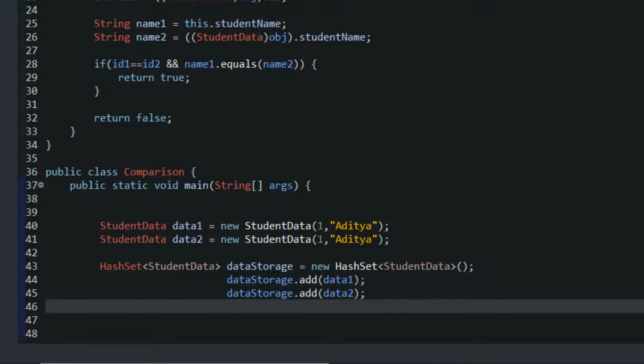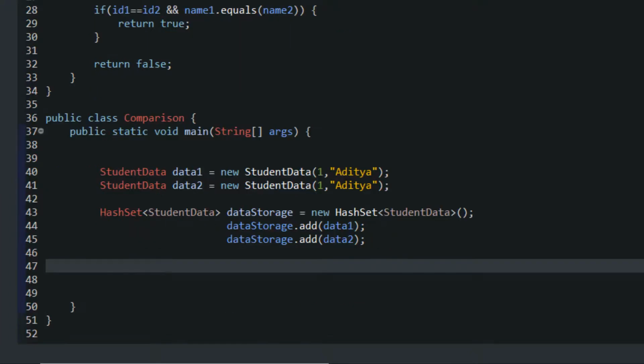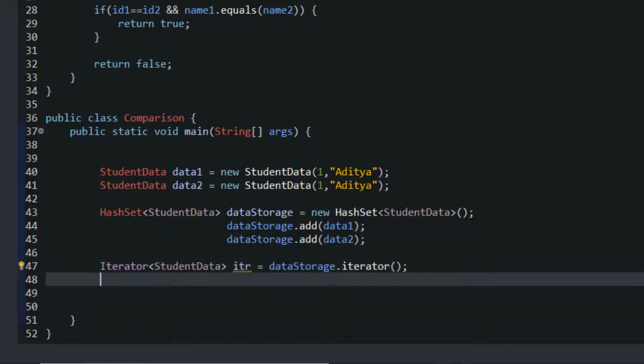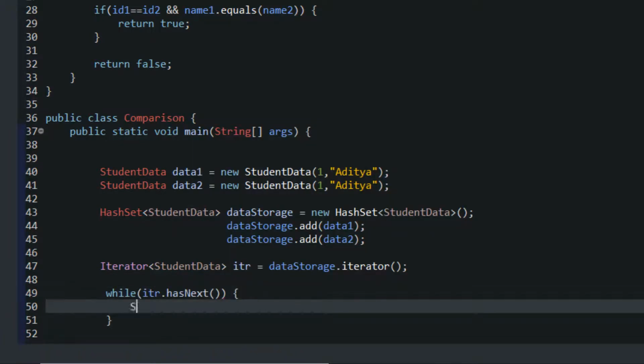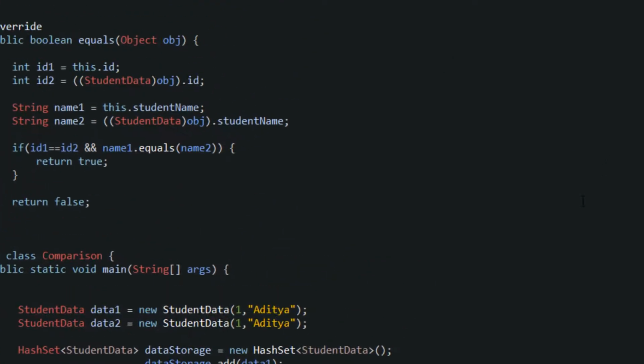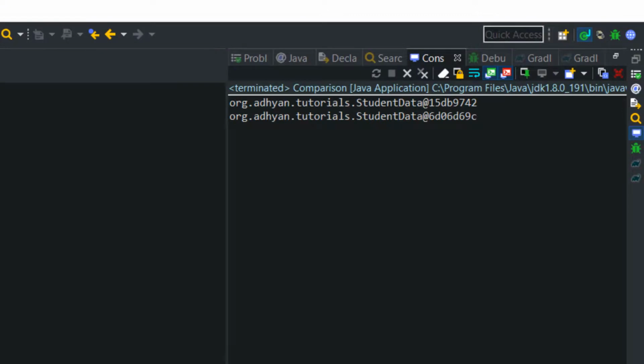So I will use the iterator here. Now here we can see that instead of storing one data, it stored two data, even though the data is equal in the HashSet.